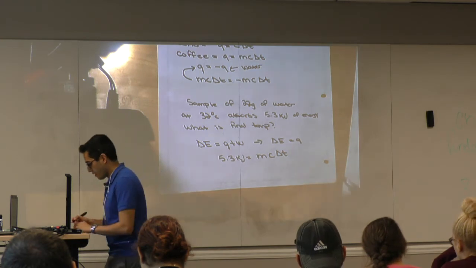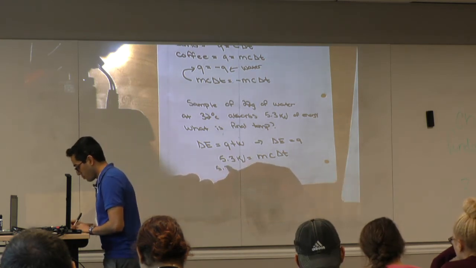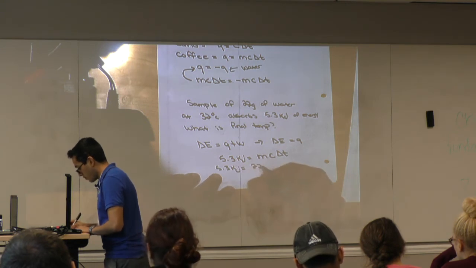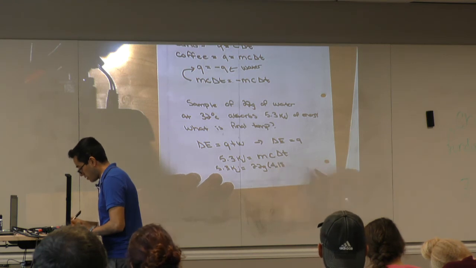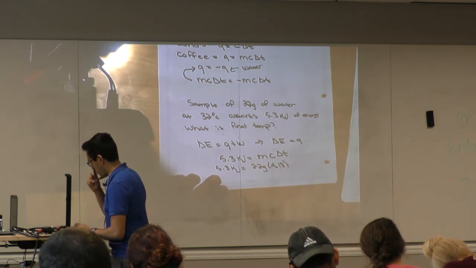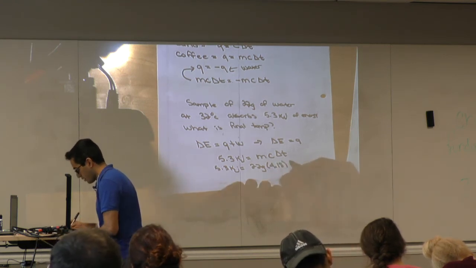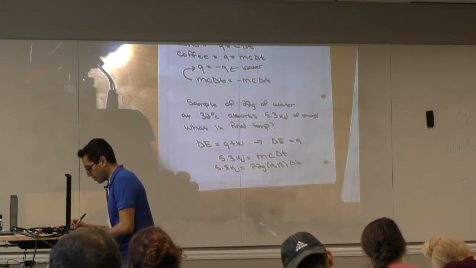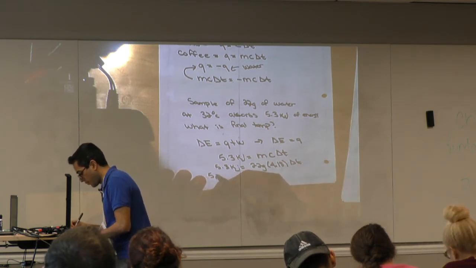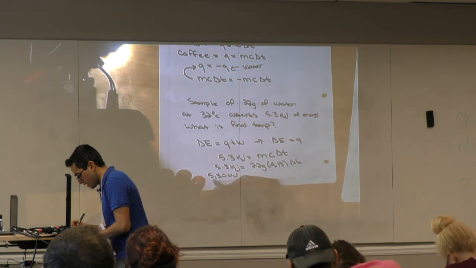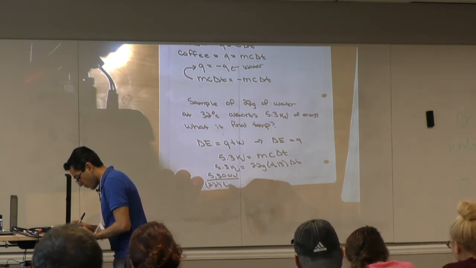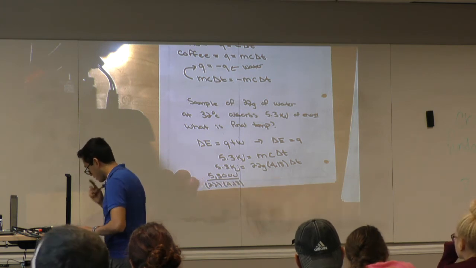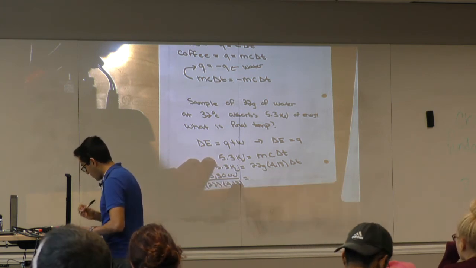So we have 5.3 kilojoules equals 22 grams times our famous 4.18, and then our delta T. And so we have 5.3, or 5,300 joules, divided by 22 times 4.18. And that will give you